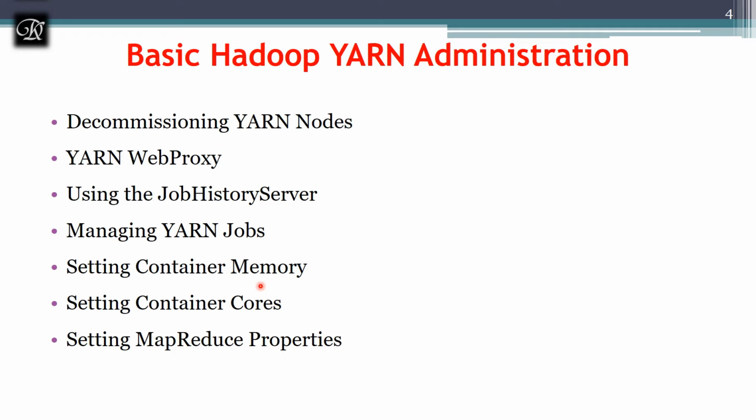yarn-site.xml file, which I have shown in the previous slide. The first important value is yarn.nodemanager.resource.memory-mb. This is the one important value which sets the amount of memory the node manager can use for a container. If you want to say how much of this memory can be used for a container, you have to set it with the parameter yarn.nodemanager.resource.memory-mb. And similarly, you can also set